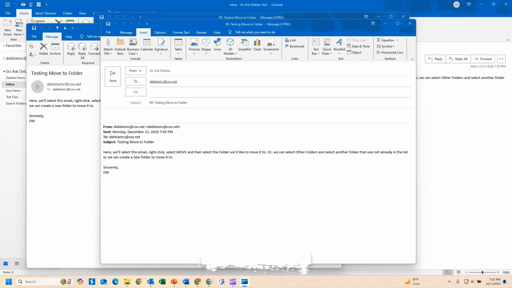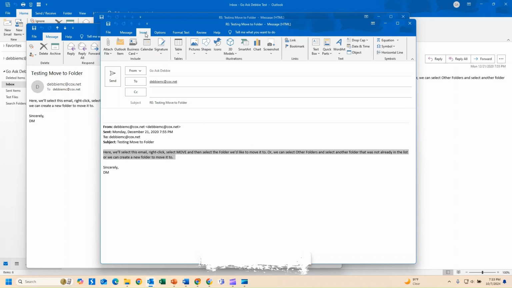With Quick Parts, you can easily insert commonly used text like responses, disclaimers, legalese, into emails without retyping or copying and pasting. It saves a lot of time and effort and ensures consistency in your communication while reducing the risk of mistakes. To set up a Quick Part, find the text you'd like to use, highlight it in your email,